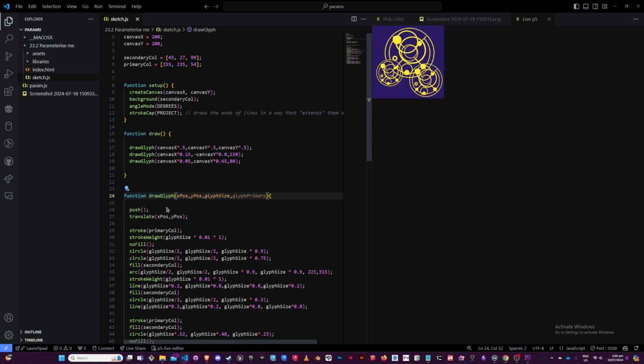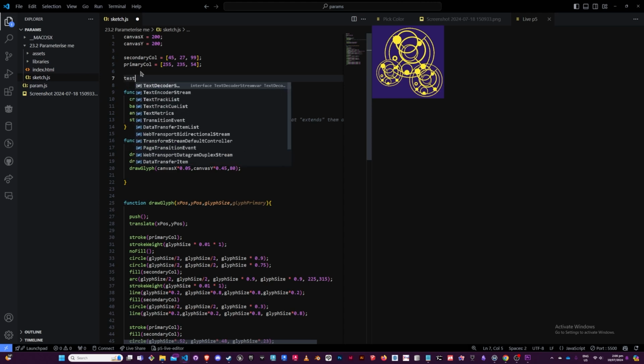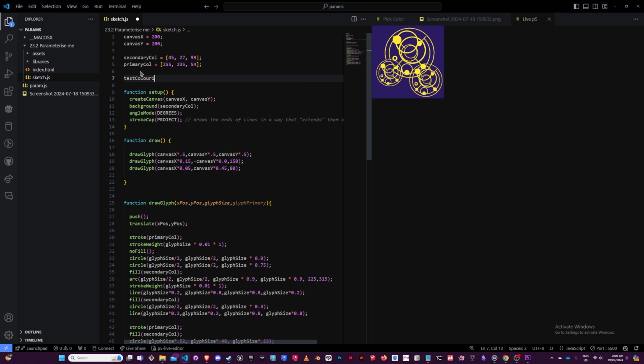And then as part of the call, I'm going to make a new variable here called test color 1 for a new potential primary color,